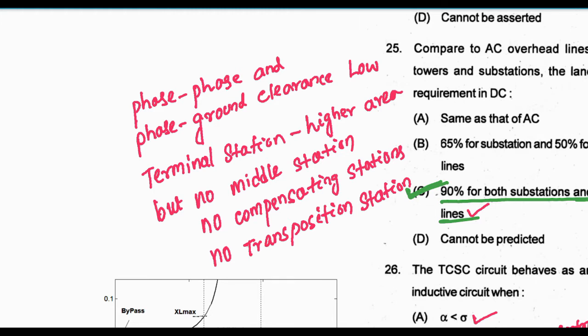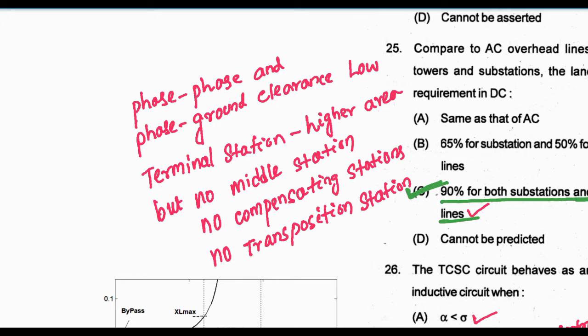So for that we require extra land in case of DC. But in case of DC transmission, there is no middle station, there is no compensating station, and there is no transposition station. But in case of AC, these are most essential. Middle station is required, compensation station is required to maintain the voltage profile, and also transposition system is required for